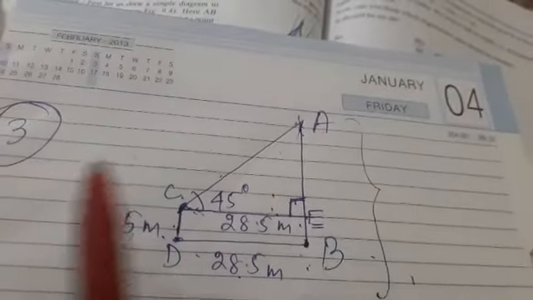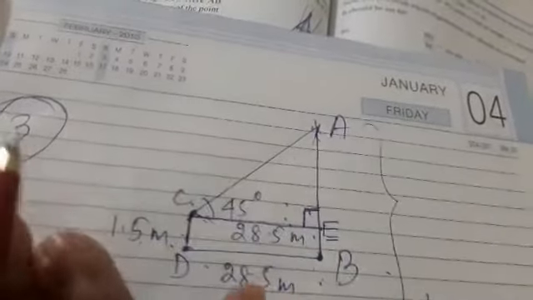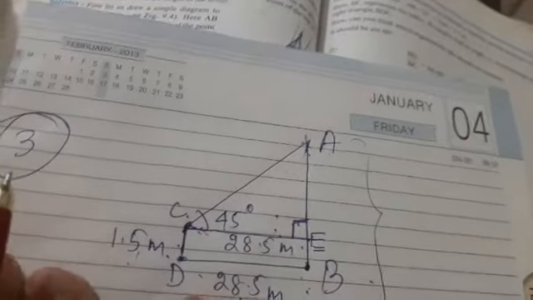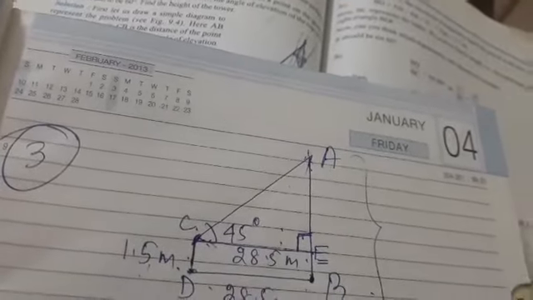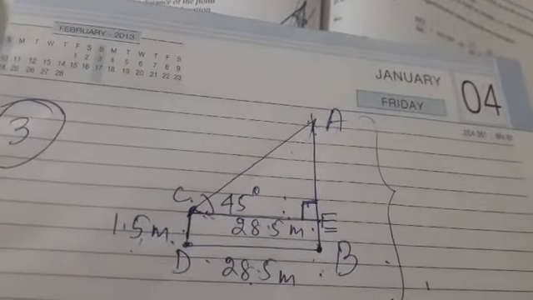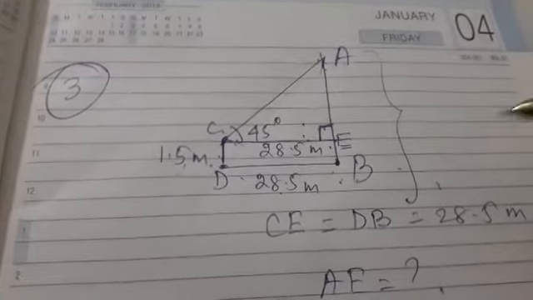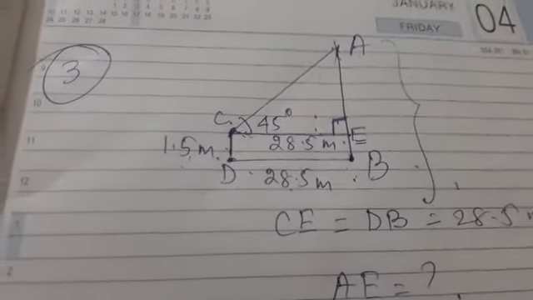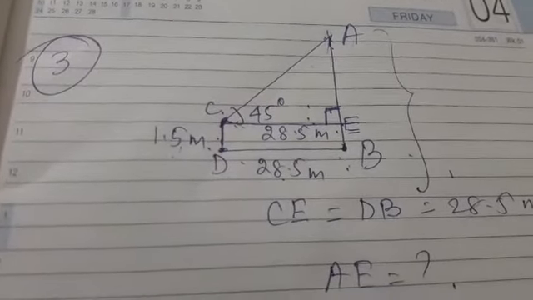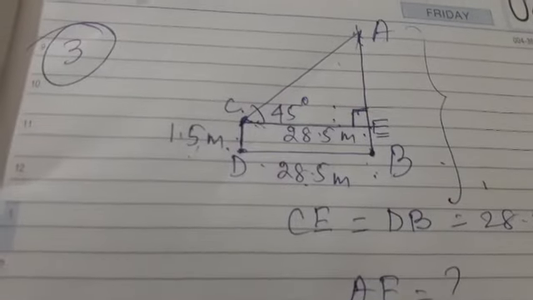Now these 3 questions, children, you complete in your notebook, examples 1, 2, 3. Then I will continue tomorrow in the next video. I will take up the next 3 to 4 examples. If you have any doubt, you can ask me. Even if you have doubts from previous chapters, you can ask me.